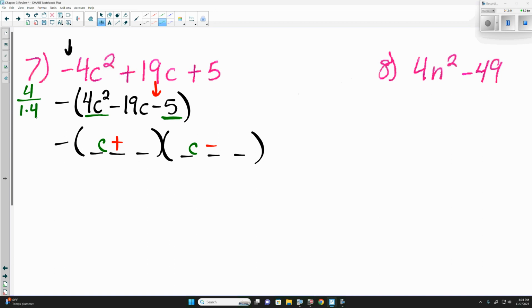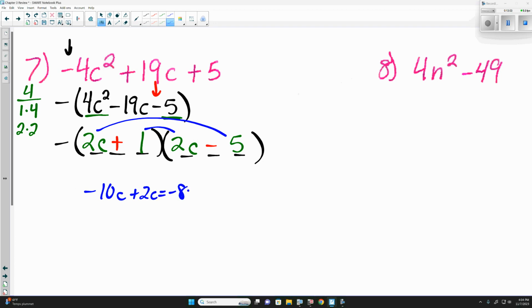Factors of 4 are 1 and 4 or 2 and 2. We can start off with 2 and 2. Only factors of 5 are 1 and 5. Now at this point we can check. 2c times negative 5, negative 10c. 1 times 2c is plus 2c, negative 8c. Negative 8c. Now if we switched the 1 and 5,